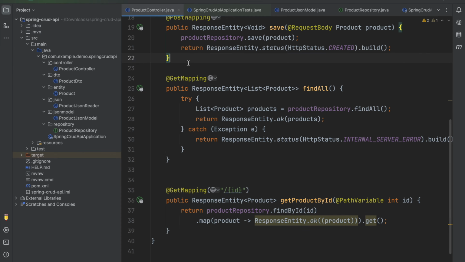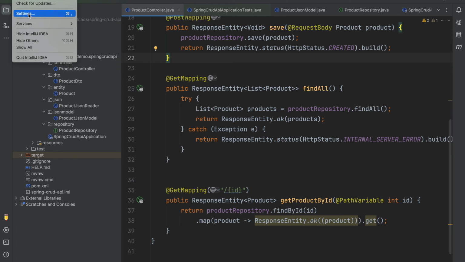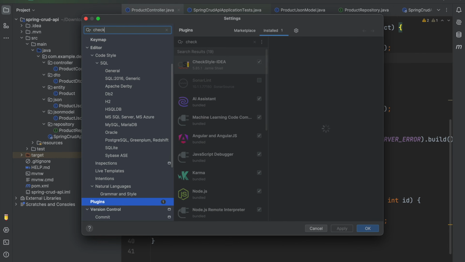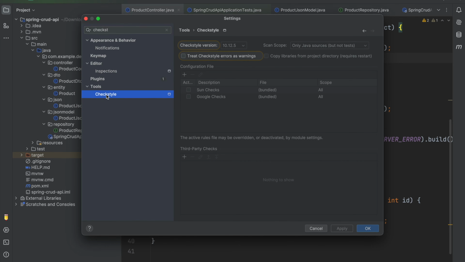Okay, so now let's click on settings again and search for Checkstyle. Here we have Checkstyle, so you can see the Checkstyle version here. Whatever version you require, you can just select here, and after that, here we have different configuration files. It is going to provide Sun checks and Google checks. Suppose you want to use these Google checks configurations, let's click on this and let's apply, and let's click